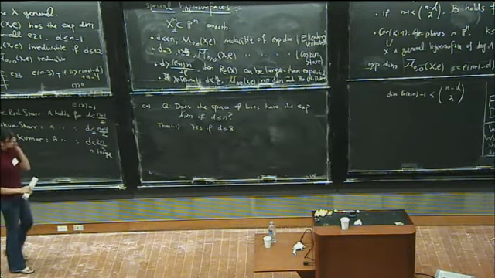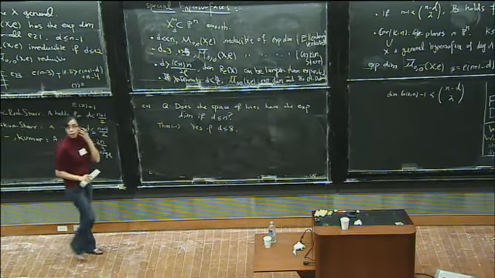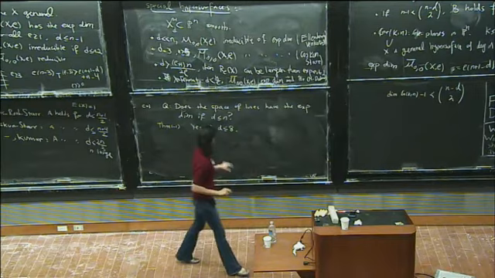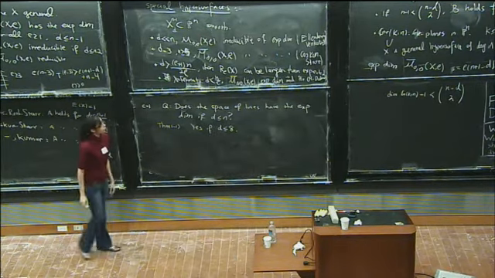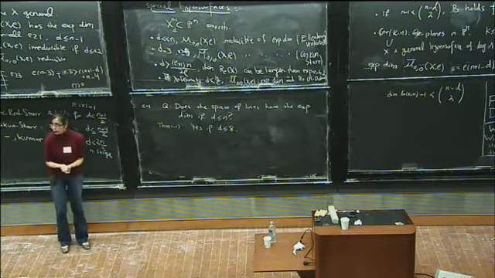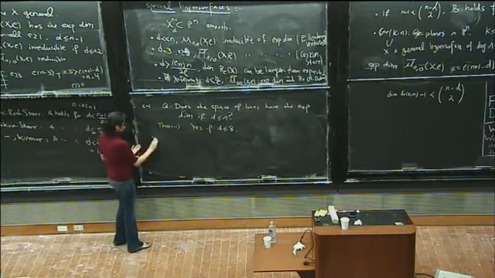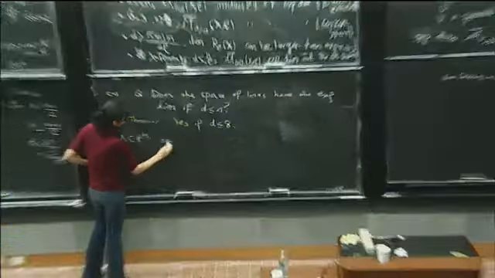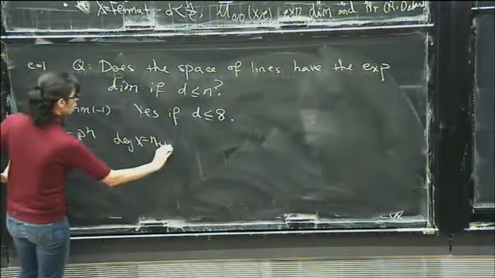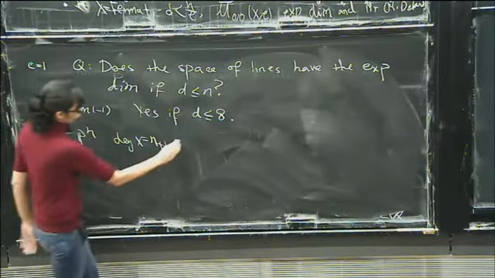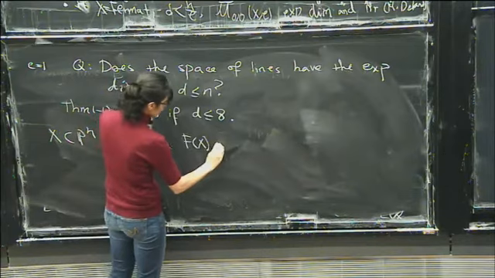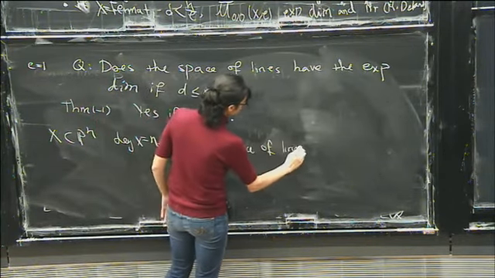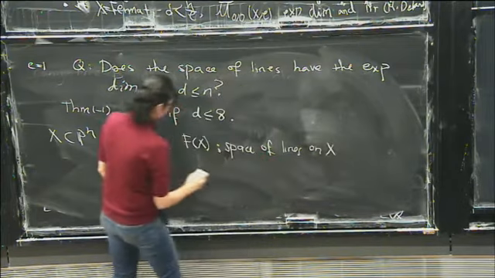And the idea is that, if we look at the Calabi-Yau hypersurfaces, we can always get something larger than expected. So if I look at X in P^n of degree n plus 1, then the expected dimension, so let me call F(X) the space of lines on X, and the expected dimension